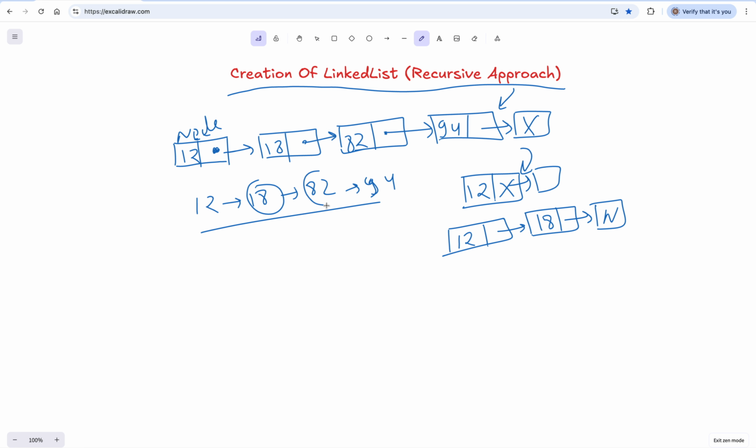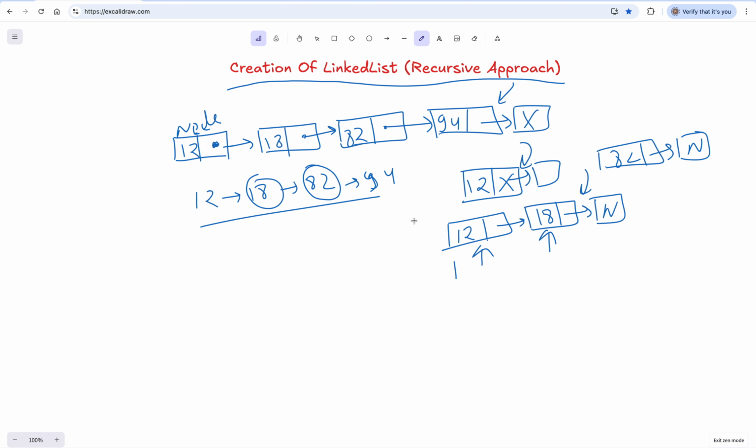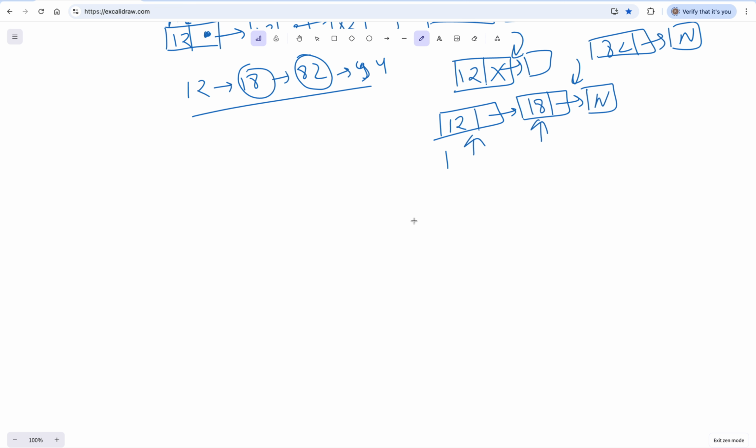Okay. And in the same way, I'll do it for 82. So again, I'll be traversing from here, then I'll go here, and here I'll insert our 82 node. Okay, and then this will be pointing to null and so on and so forth. So what we are doing is just traversing the linked list one by one, seeing where the end exists, and at that particular point at the next we are inserting the element. So this we already read in the last tutorial. If you guys have any confusion, then you can go to the last tutorial and read about this concept. So in this particular approach, we will be inserting the elements into the linked list recursively. Okay, so let's see how it goes.